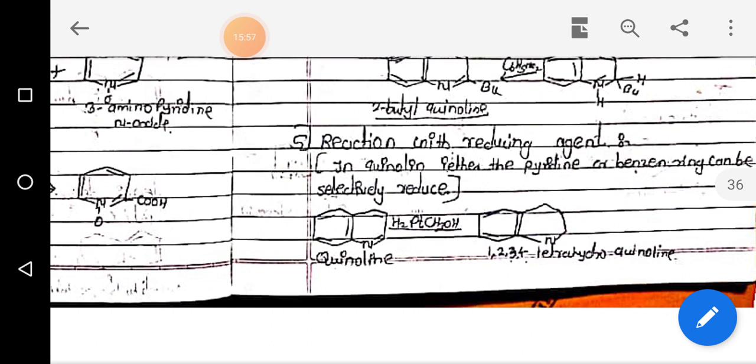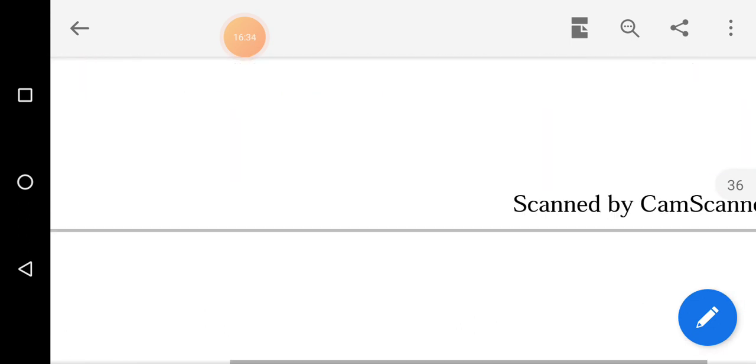So the product is 1,2,3,4-tetrahydroquinoline. We will get 1,2,3,4-tetrahydroquinoline as the product of this reaction. So quinoline is converted into this product. The reducing agent is Sn, HCl or similar, which is the reacting material given on the arrow. So friends, this is all about the reactions of